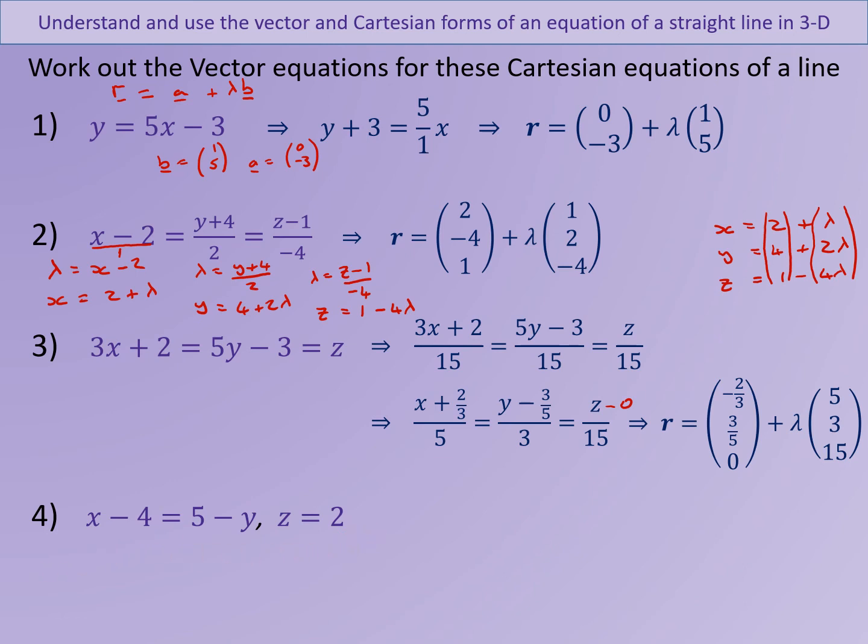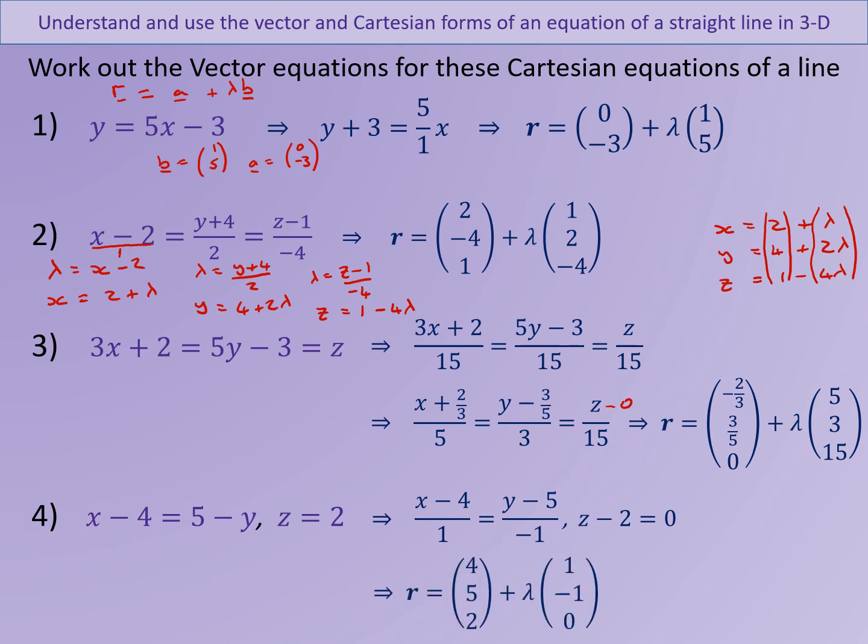We can write each of these fractions. We can write the first one as x minus 4 over 1. The second, we're going to multiply by minus 1 over minus 1, so that we have y minus 5 instead of 5 minus y as the numerator. The third one, we're just going to rearrange as z minus 2 equals 0. So from this,